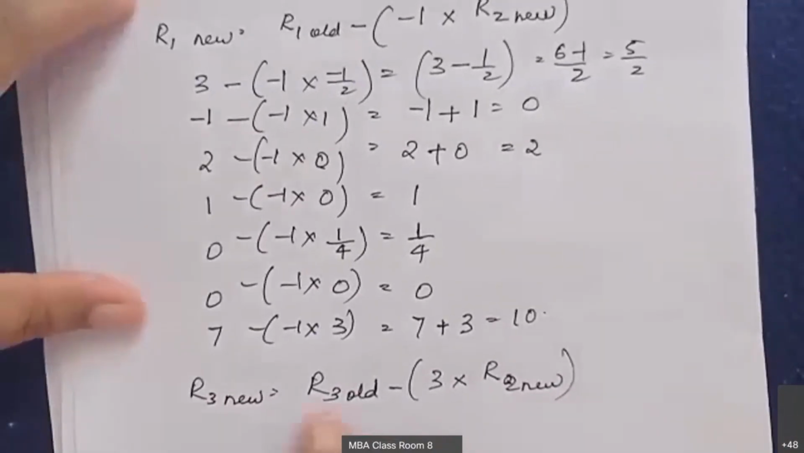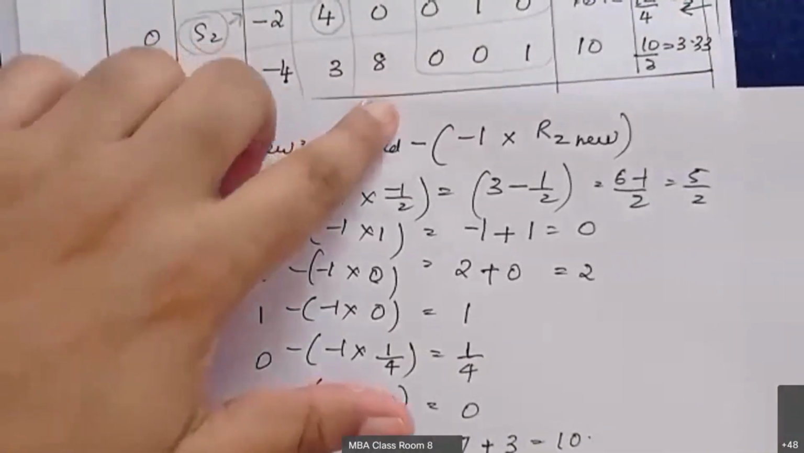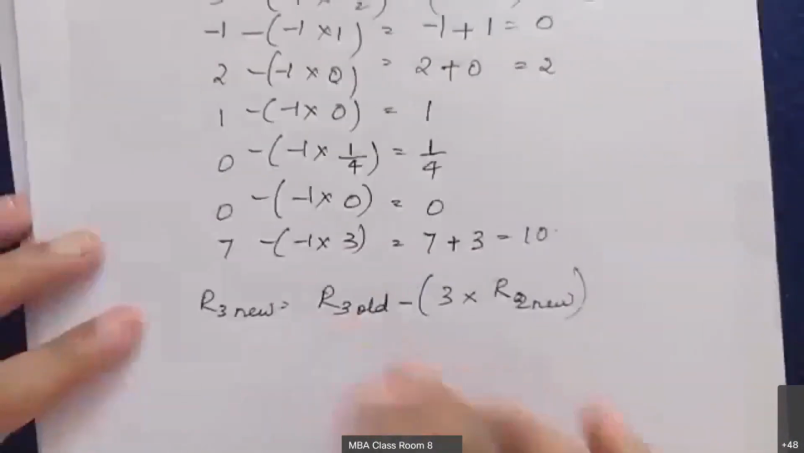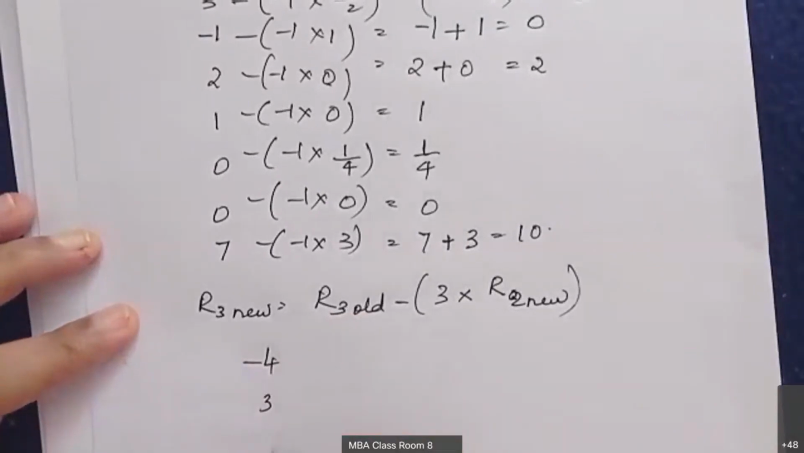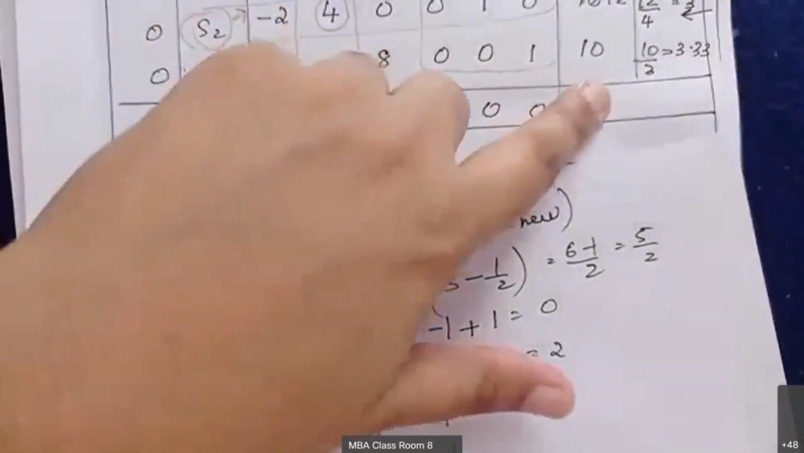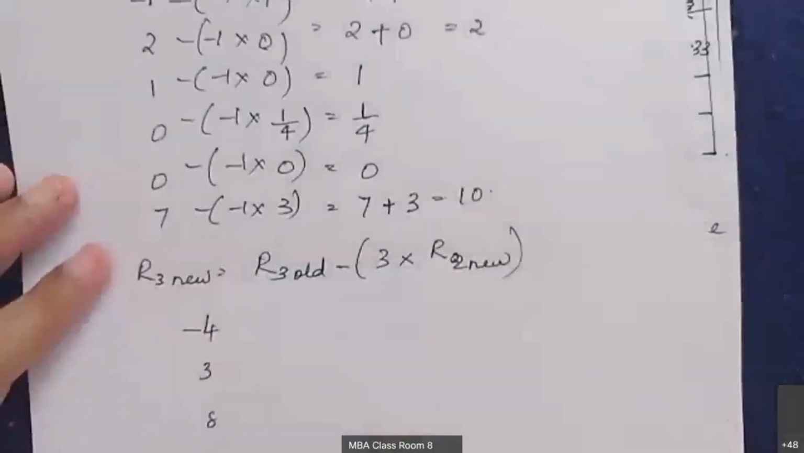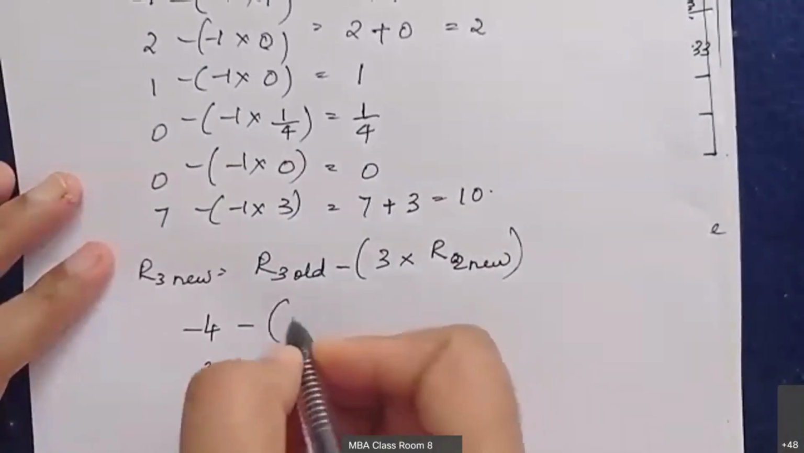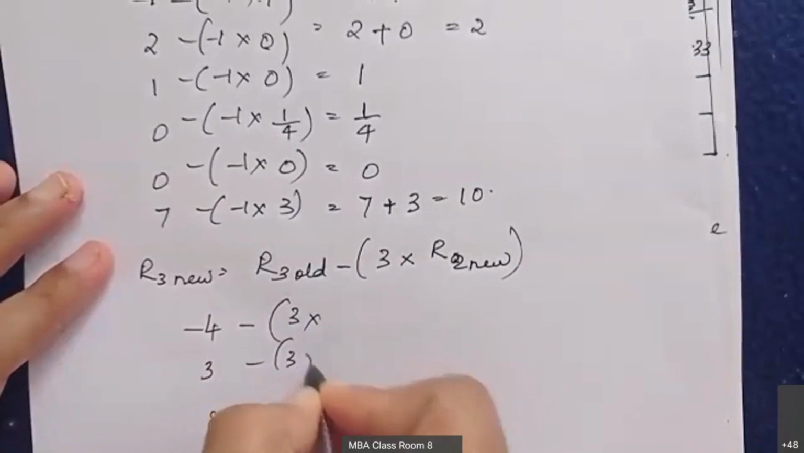Okay, just write down what are the R3 old values. It is minus 4, 3, 8, 0, 1. Okay, minus 4, 3, 8, 0, 1. Again, you have to minus 4, 3, 8, 0, 1, and you have to consider this number also. Okay, so it is 10. Minus of 3 into